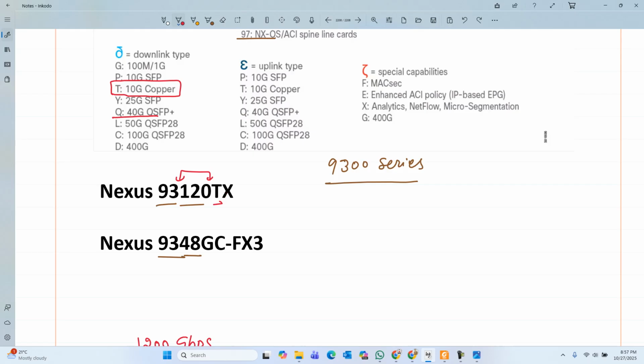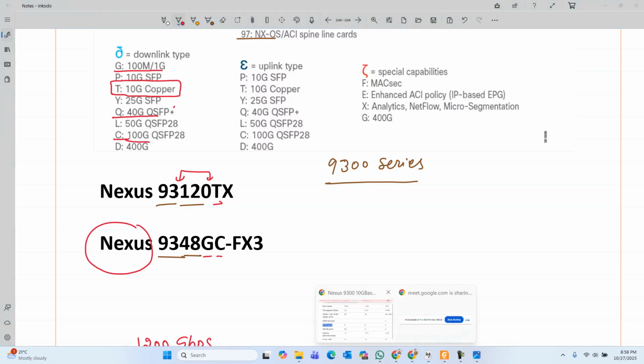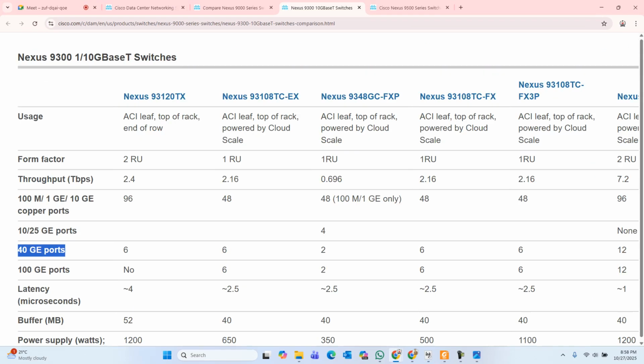Then here we have G, C. G means 100 Mbps, but we also have variants. It means that in these Nexus switches, we can have the variants who can support up to 100 Gbps also. One interface could go up to 1 Gbps. If we look at this table here,